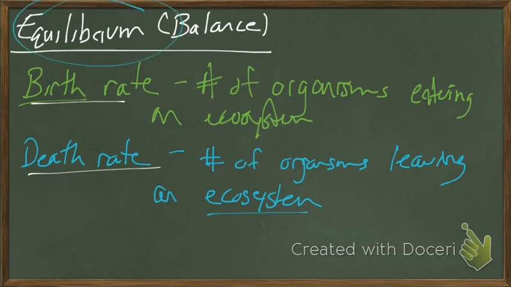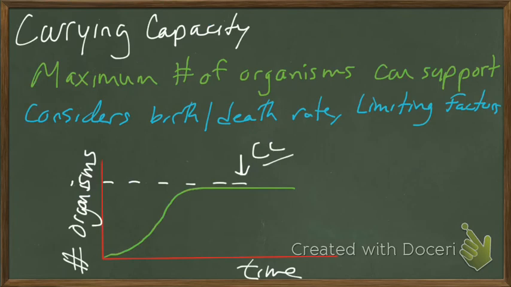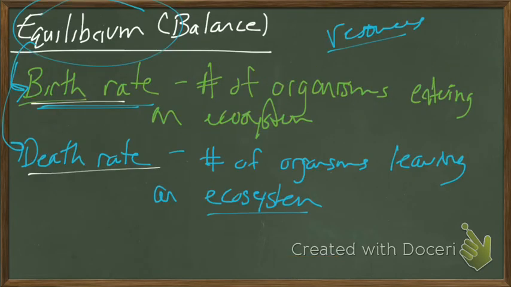So this equilibrium considers these two things. If you have an influx, too many animals being born, too many animals moving in, ultimately there's going to be animals dying off. The reason for that is resources, and we'll talk about limiting factors on the next slide. There's only a certain number of resources that can go around. If you think about the world we live in, there are many places that are wasteful and many places that don't have enough. Both make do. If they don't make do, unfortunately, death is the outcome.